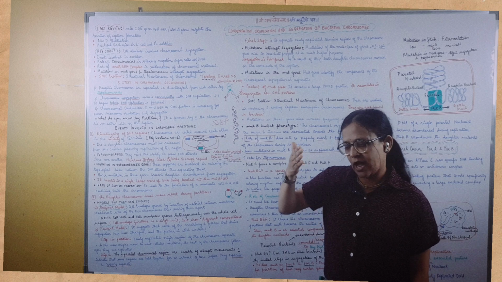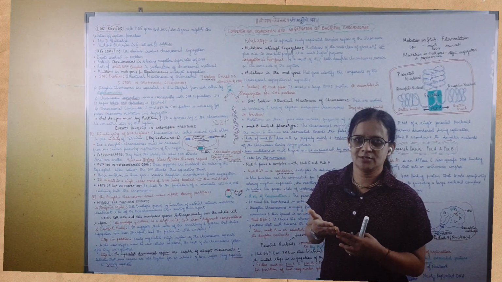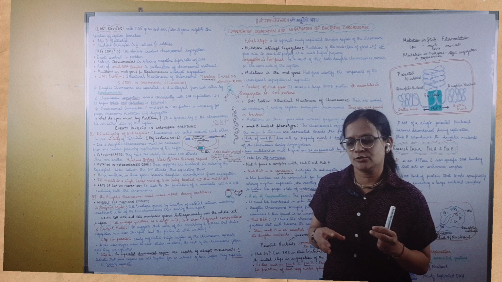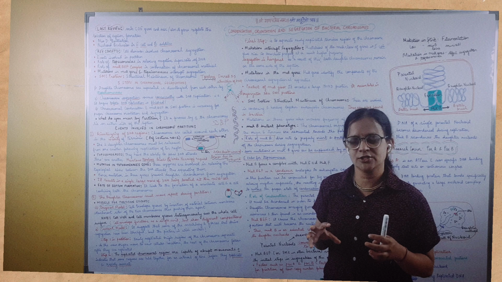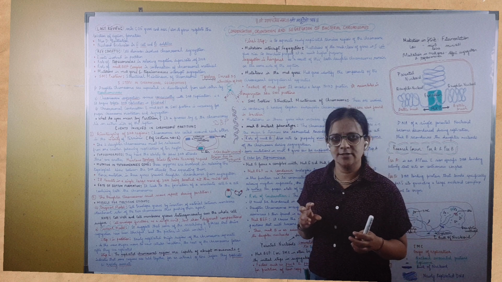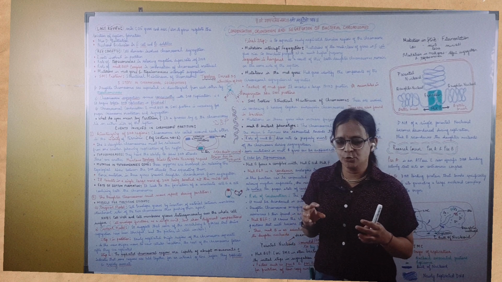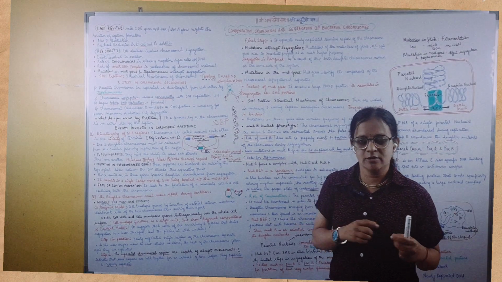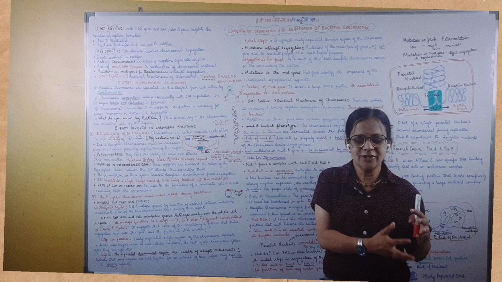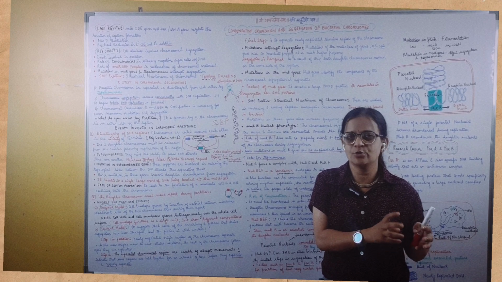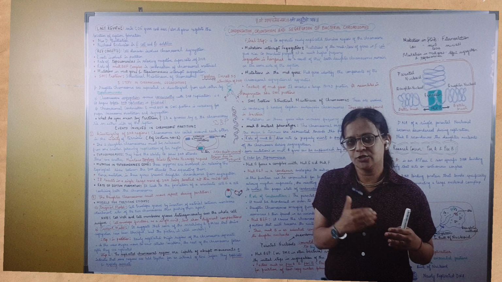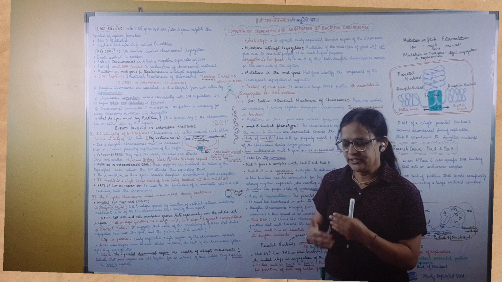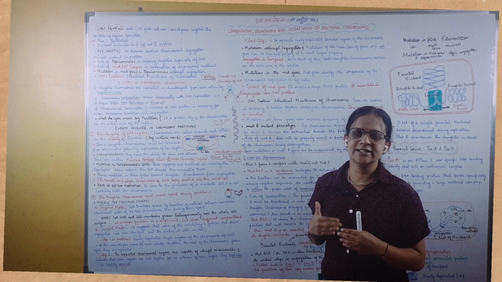So the replication is not yet over. Just before the finishing of the replication, the segregation has started. So you can understand that these three processes run concurrently, or you can say they run simultaneously. Which are these three processes? You have replication, then after replication you have condensation, because the chromosome needs to be arranged or oriented in a proper fashion. It needs to be condensed first. So replication, condensation, and then the final step is segregation. All these processes are concurrently occurring in the bacterial cell.